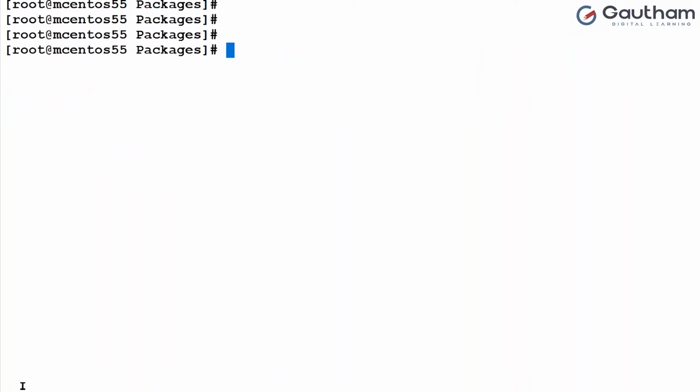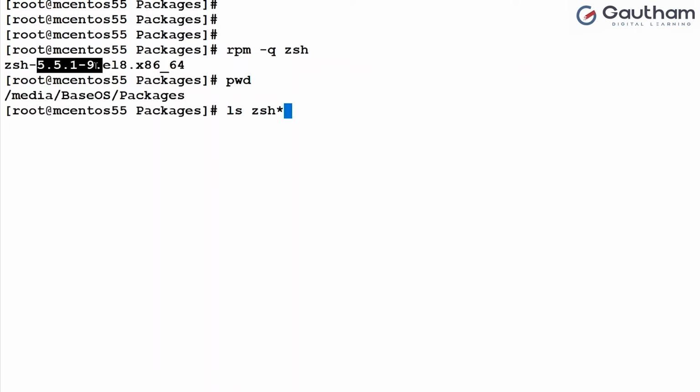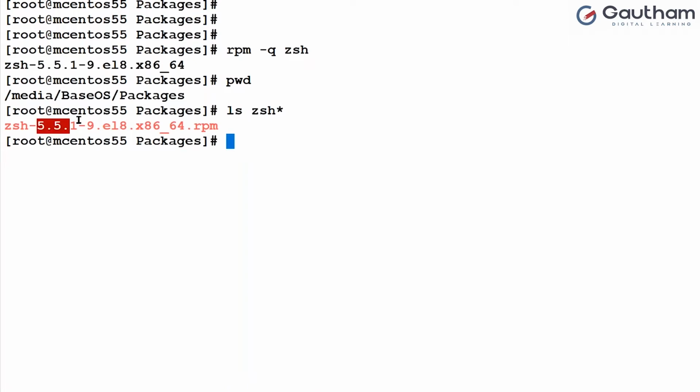Now, let us say you have a software installed with the version 5.5.1.9. I'm already in the Packages folder, and here I have a zsh package available. You see, it is the same version. Normally, after some time of installing software, a new version becomes available. Like I'm using 5.5.1, but maybe a newer version is available, 5.5.2 or 5.5.1.10, something like that. So if you have downloaded the latest software and you want to upgrade it, then you can say